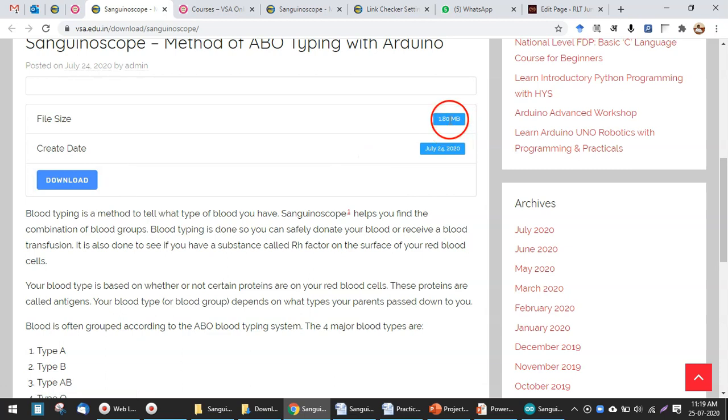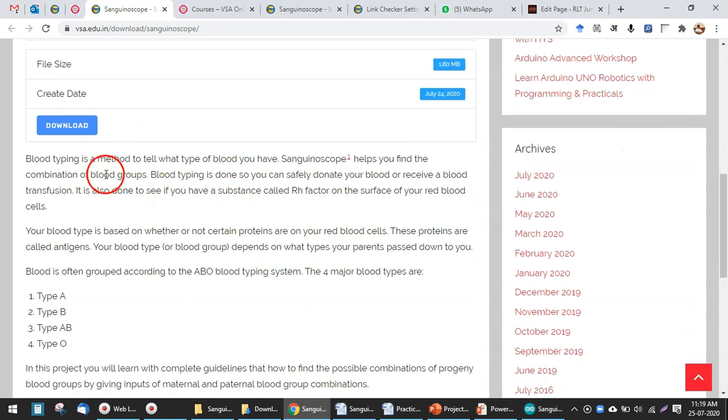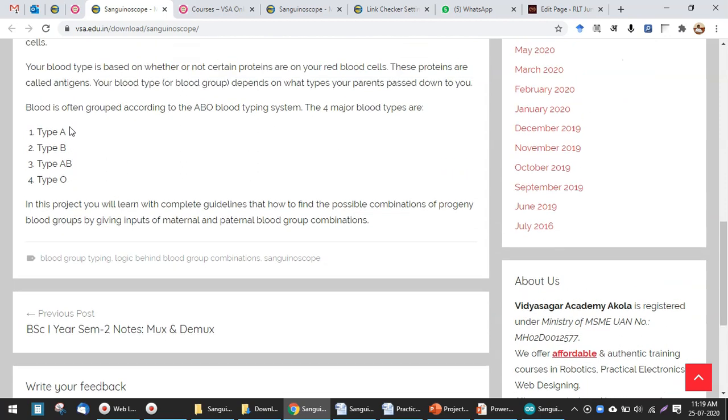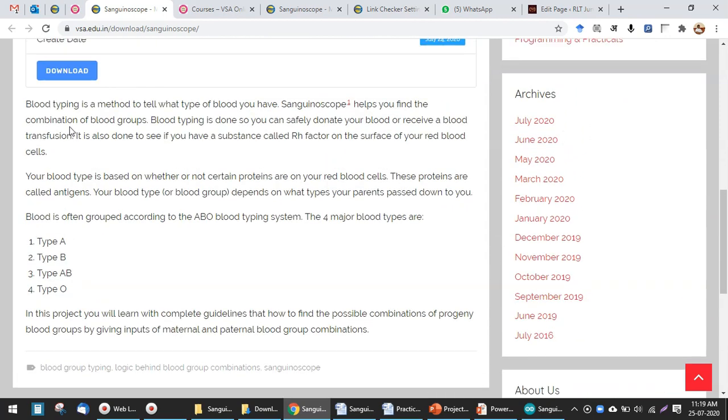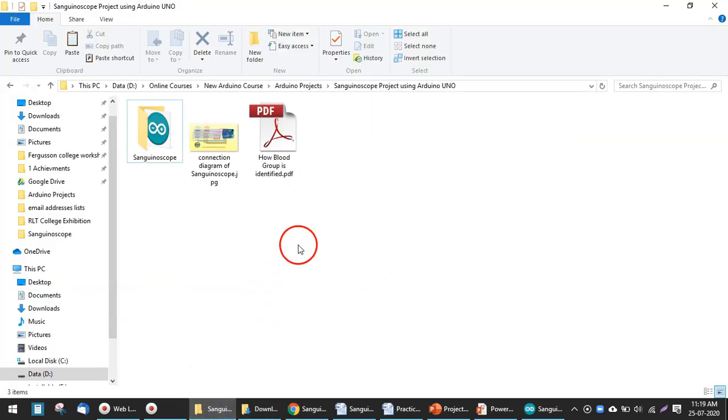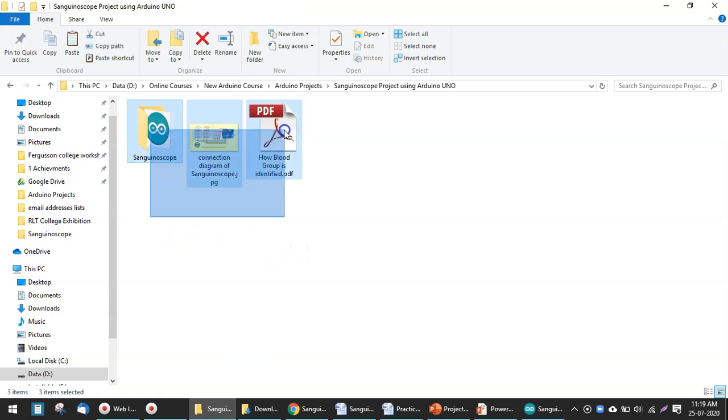It is 1.8 megabytes of file size and it is a zip file, and you have to press this download button and then the file will start downloading. And once loaded, you have to open that zip file, and it will open like this. Inside that zip file you will see these three documents.